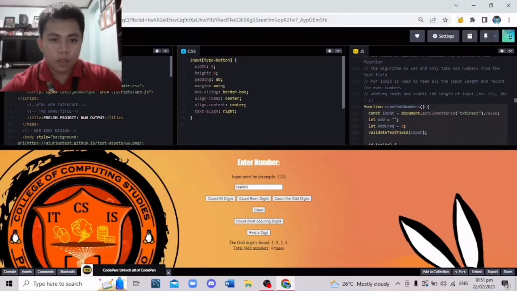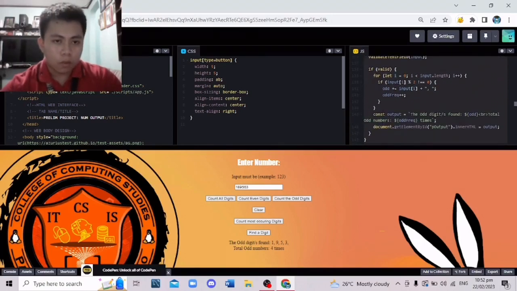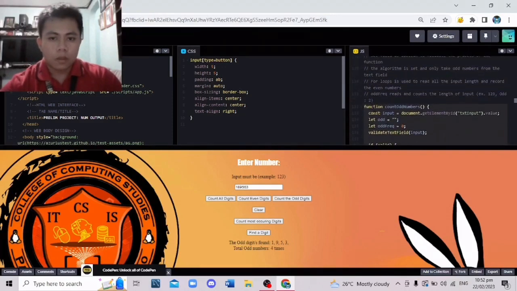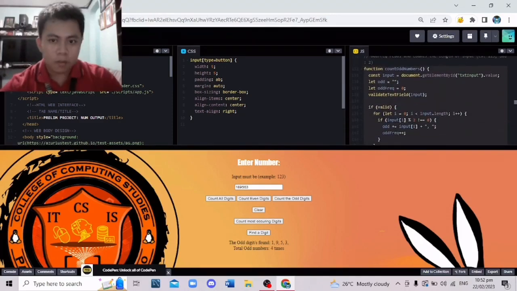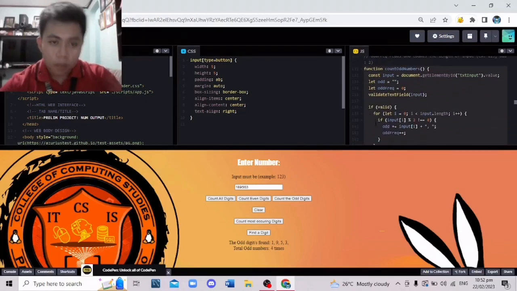So in our JavaScript program, we use the function, const, let, validate text field, if, for, const again, and document. A function is a block of reusable code that can be called and executed at any point of the program. Const is used to declare constant variables that cannot be reassigned a new value after they have been initialized, while let is used to declare a block scope variable. Validate text field